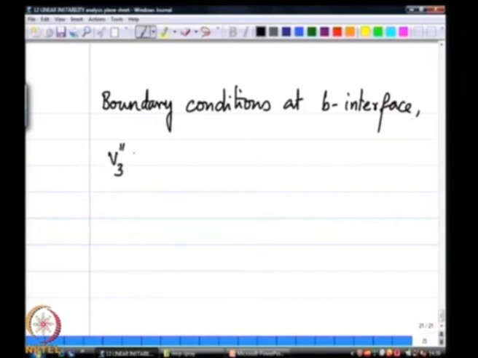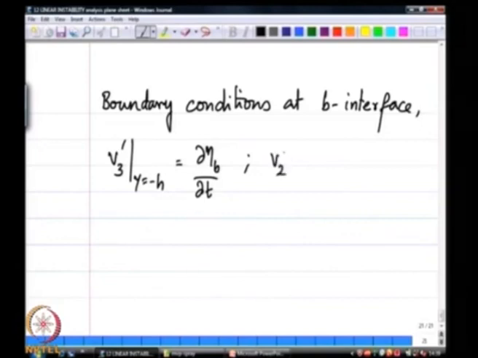First of all, V 3 prime at y equal to minus h is equal to d eta b dt, and V 2 prime at y